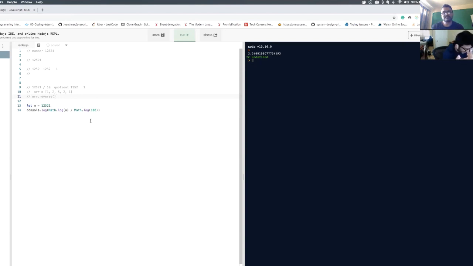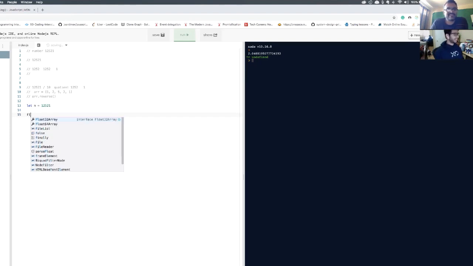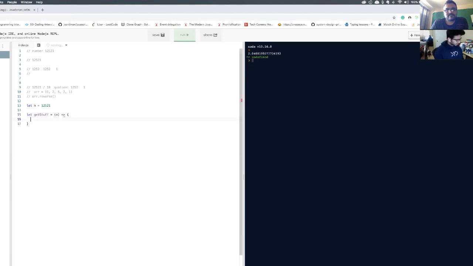I feel like I made the problem more difficult. This would have been perfectly easy, but I'm going to try this out now. All right, so if I have something like a function, let f equal a function where I get a number and I return either true or false. Well, let's think about that later. Let's first look at what the